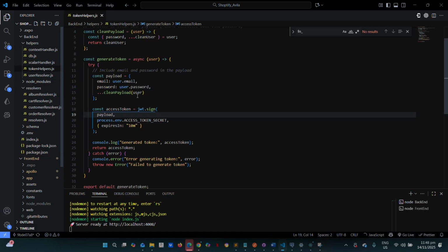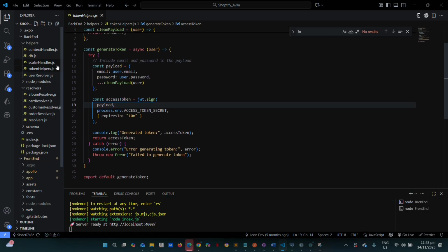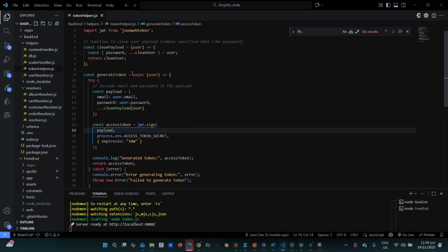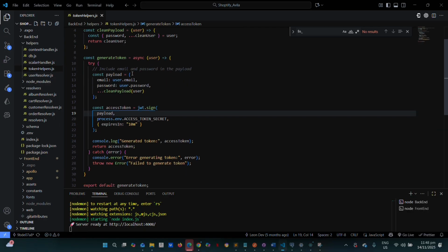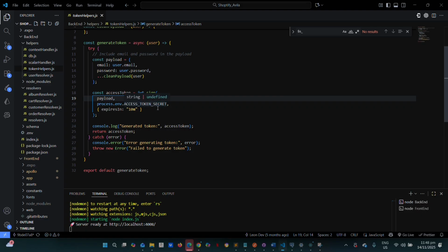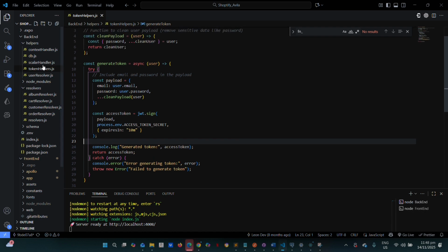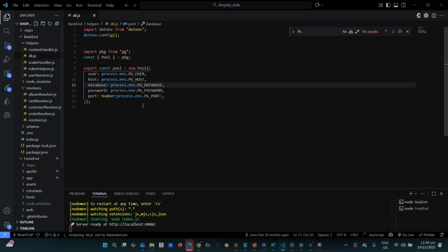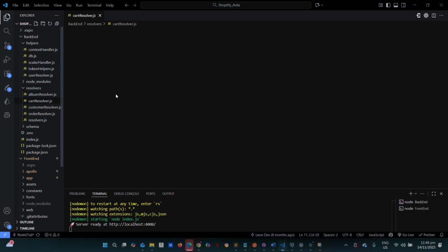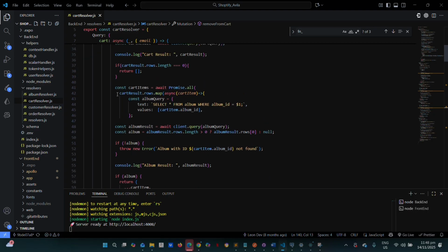So let's dive into the back end, where the data is manipulated or stored. Here we have a helper. This backend is built with a token so that anyone who wants to enter the app will be authorized, and the app will be safe from spying or being hacked. So we have here the token and the DB that is connected to Postgres here. We also have the resolvers, which is the GraphQL.